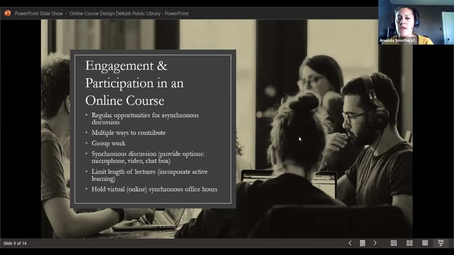And you can also use polling software, clickers, or polling features in your web conferencing software to poll students every so often, to engage them in that way too. It doesn't have to be a full-blown group discussion or going into breakout rooms every single 5 to 10 minutes of a class, but finding ways to switch it up and give them opportunities to just make sure that they're still with you, and still engaged in the class, and actually applying what they're